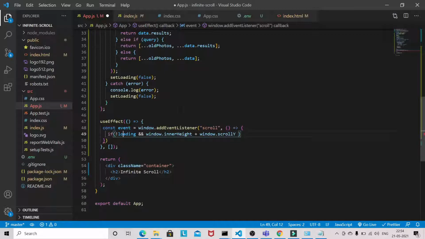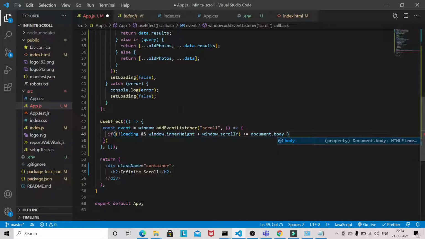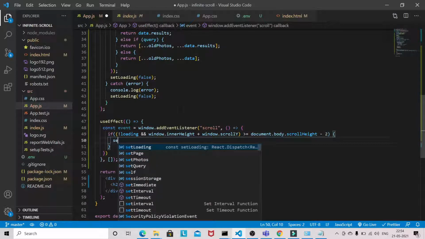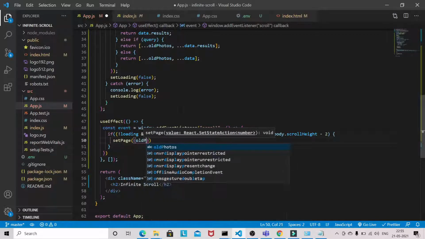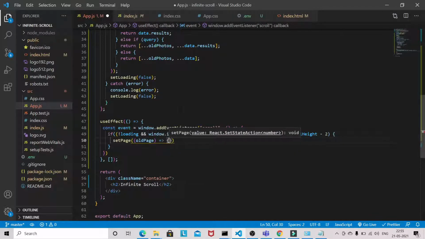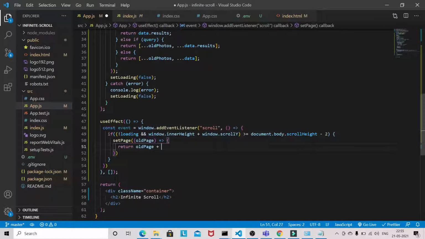So we have to wrap into bracket, document dot body dot scrollHeight. Now setPage, old page, and return old page plus 1.